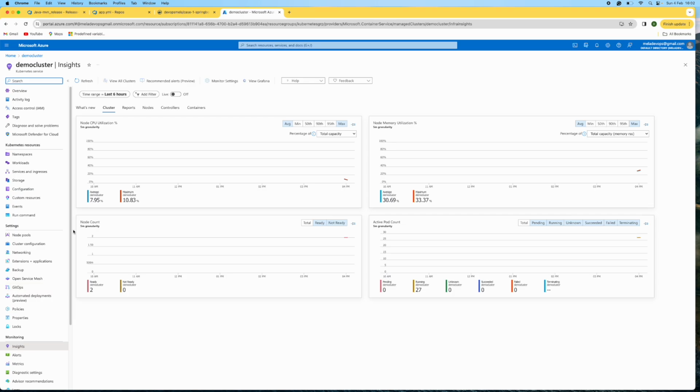In the meanwhile, there's one more thing, alerts. Okay, see, we started getting monitoring data now. Node CPU utilization, node memory utilization, node count, active pod, all those data started popping up. While we are waiting for the release pipeline, and we have already seen the monitoring part, let's go and